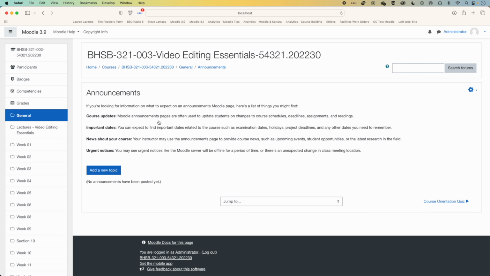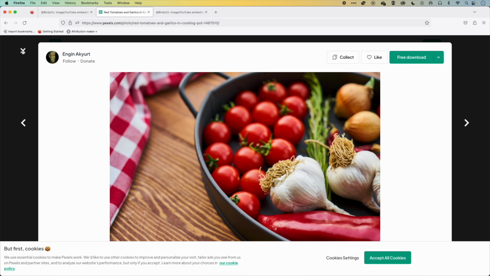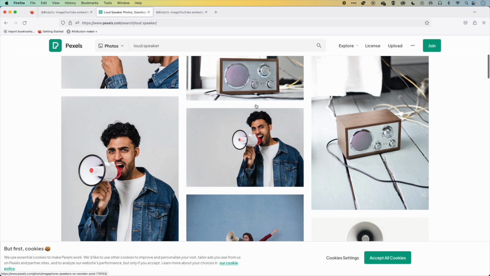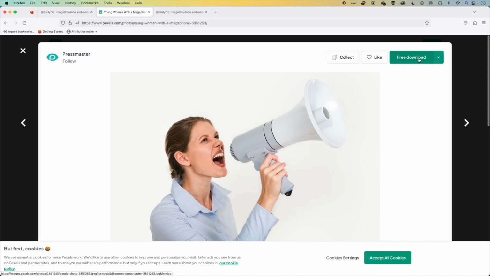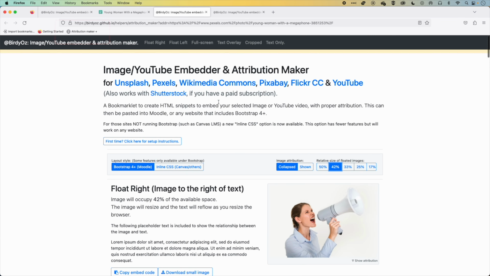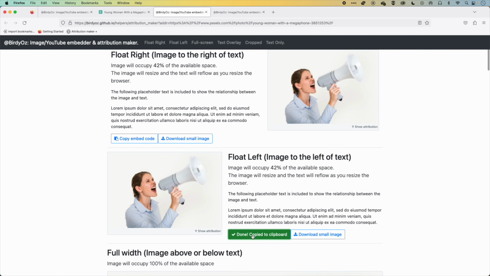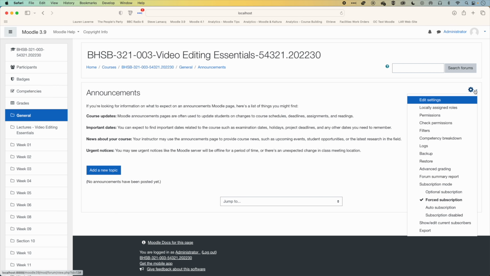Essentially if we jump into this attribution maker, I'm going to click this link again. We'll search for loudspeaker and we'll grab one of these images. This one looks pretty good. And essentially we'll click the attribution maker again, and we're going to use the float left image. So I'm going to copy that embed code, come back to my Moodle page, so my announcements Moodle page,